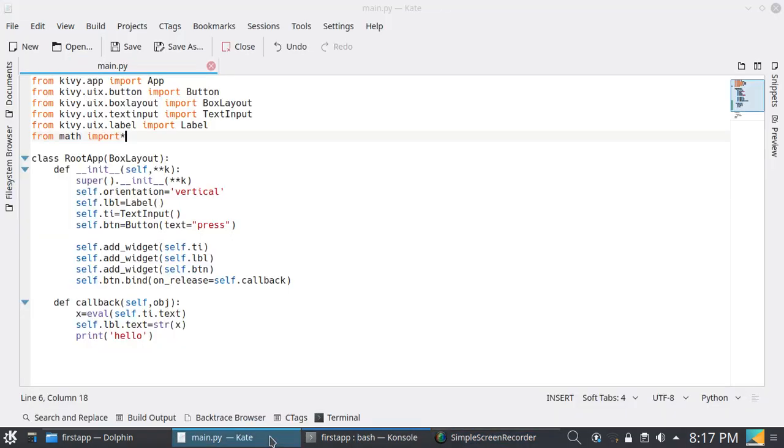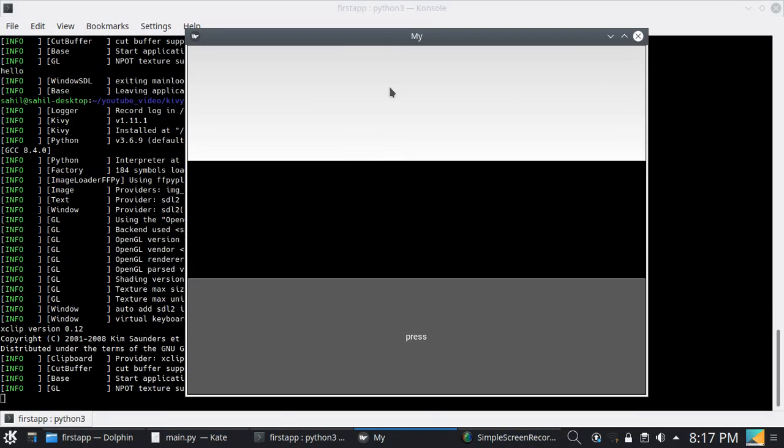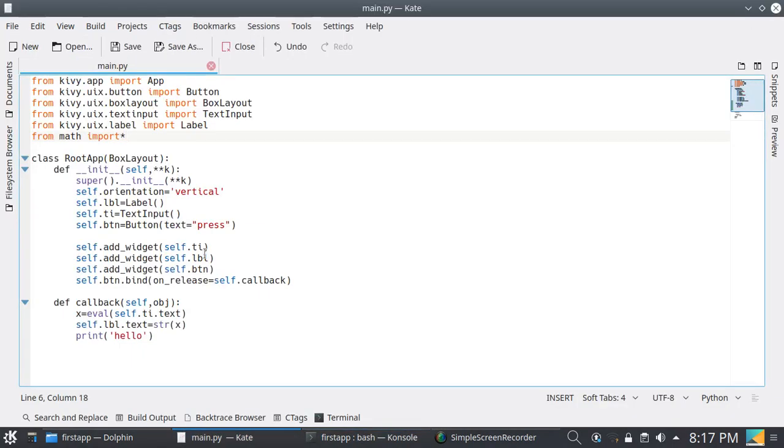Now when I press this button with an empty text input, it will crash. To avoid this crash, we have to use try and except. Try this calculation.